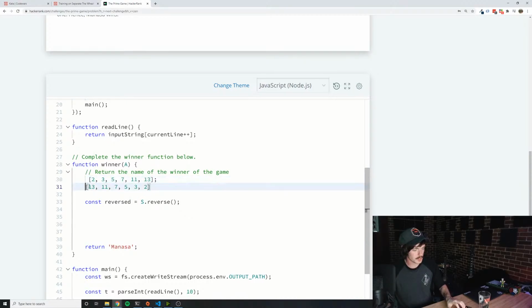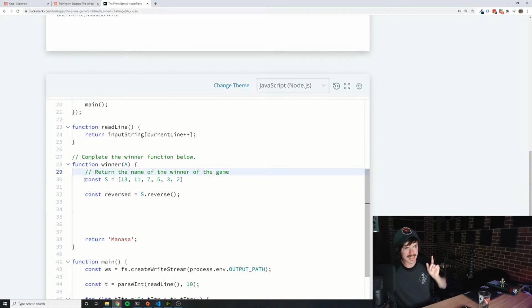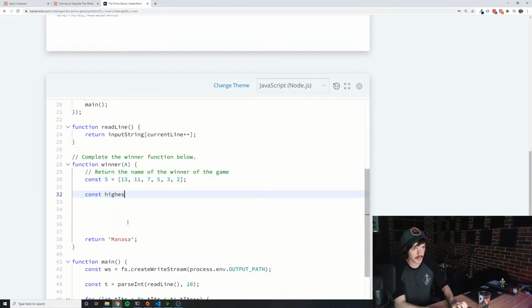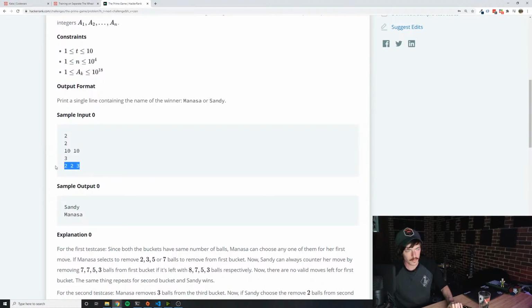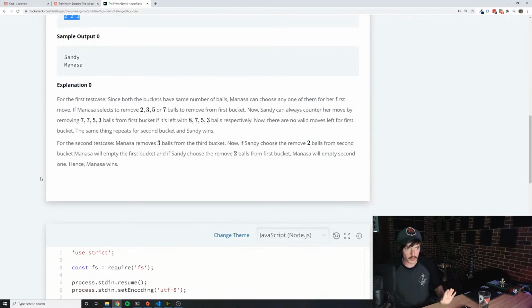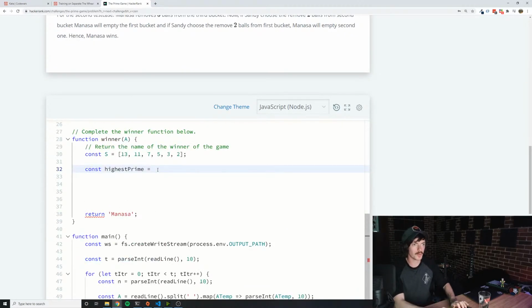And the reason why I'm reversing it is because I want to be able to find the highest one, but I want to go through it linearly because that's just easier code to write. So let's say const highest prime, and we probably want to make sure we find the highest one of these numbers too, right? Or does that matter? Well, we want to, okay, so maybe we want to find the highest distance between the highest prime and the number. So let's start with the highest prime. I'm on the right track. The highest prime would be